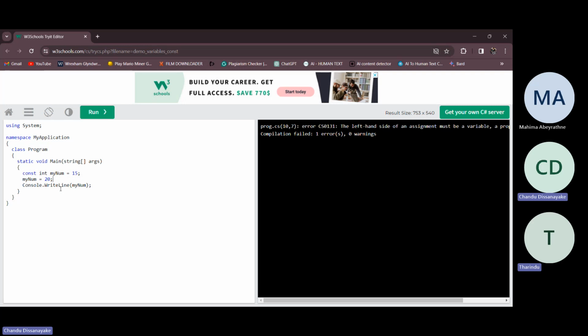No, bro, I'm not talking about this example. I'm just talking about a new example. You asked me what is the purpose of constant, right? Purpose means